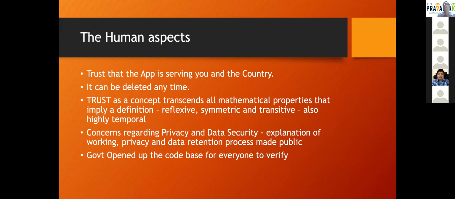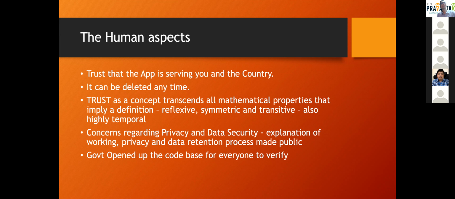The moment you start developing such systems in the cyber physical world, we need a lot of inputs from the humanities, who will evaluate your tool in the context of others, in the context of the end user, and tell you what you need to do to make this trustable. And then the concerns regarding privacy and data security become extremely important, where you need a legal process in place. So what did we do to get all these things?